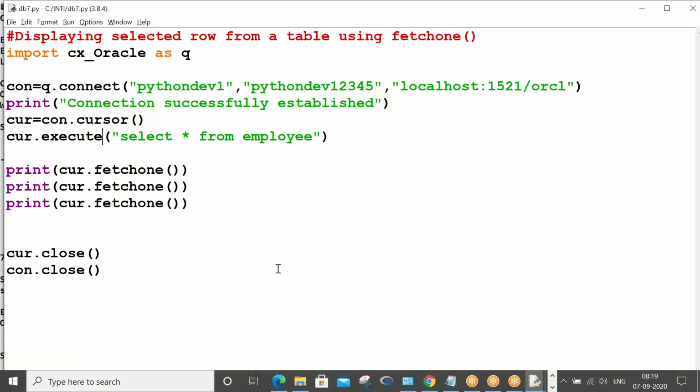Are you following, guys? We have seen insert, we have seen select. Let's go ahead and see update. Update and delete are DML commands. Shall I proceed?